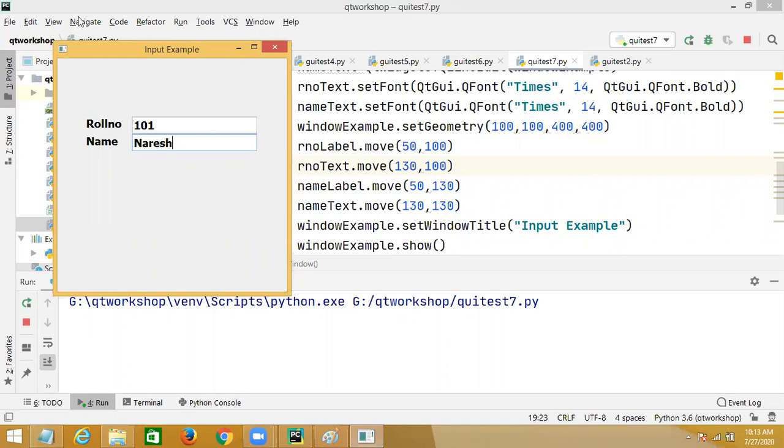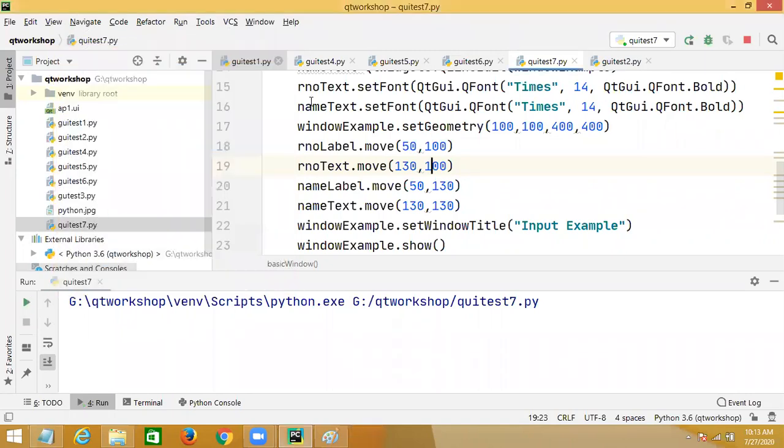You understood this example, right? So I want to perform some operation.